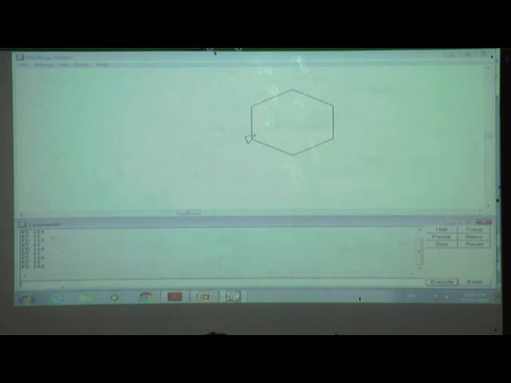You can see what it is. How many sides? Write the count. This figure has 6 sides.